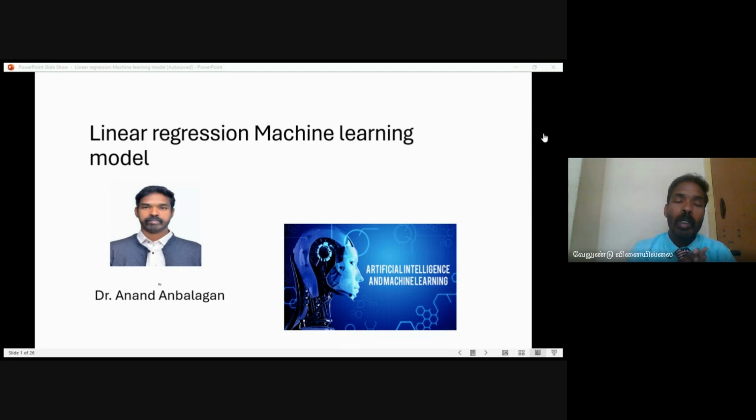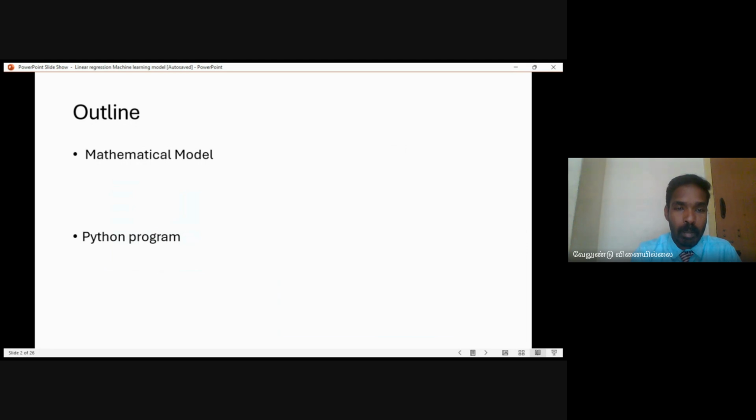The motivation behind the machine learning model is that machine learning nowadays plays a vital role in all kinds of engineering. That's the reason we are using the machine learning model as our interest. I'm going to use this session in two parts: a mathematical model and a Python programming model, because before modeling anything, we must know the complete mathematical approach of the system. Then we have to implement it in software. Both things we can do in this lecture.